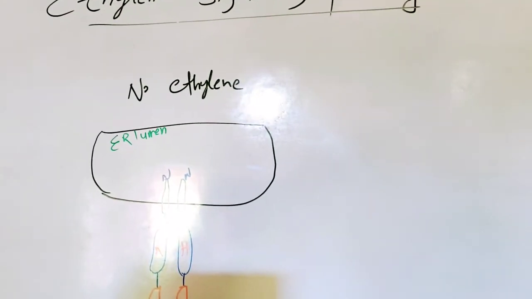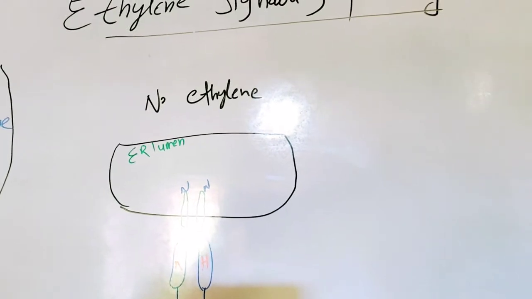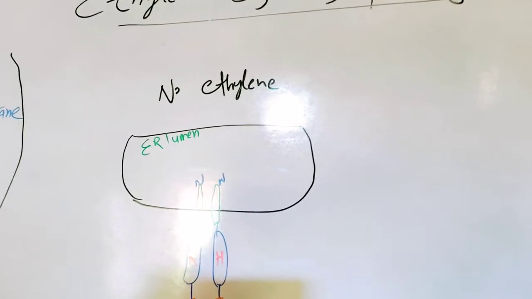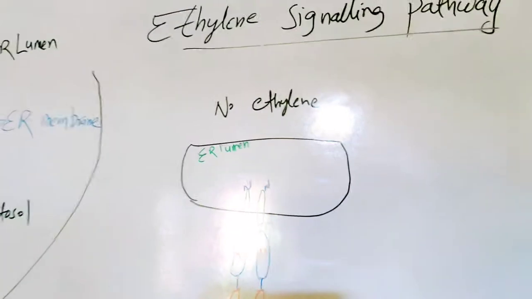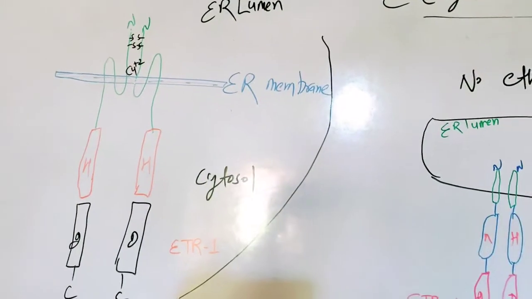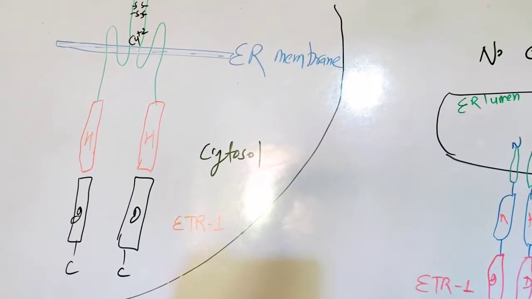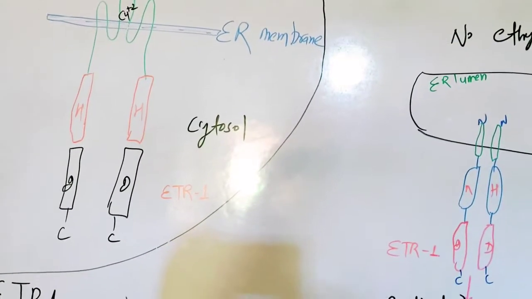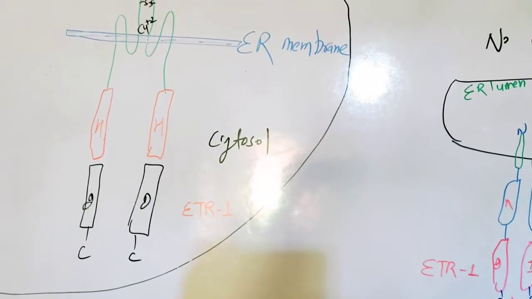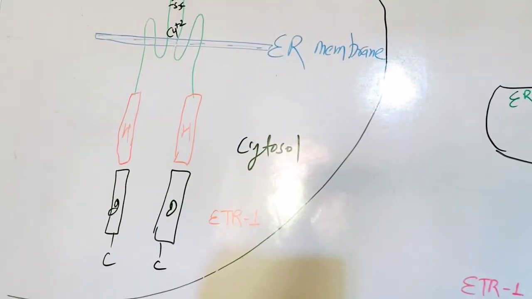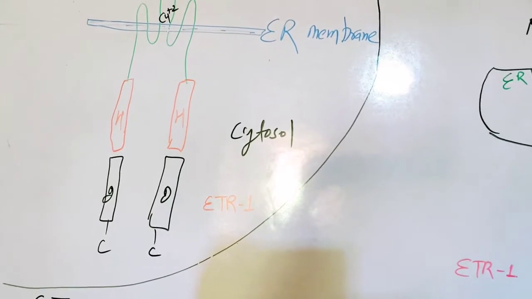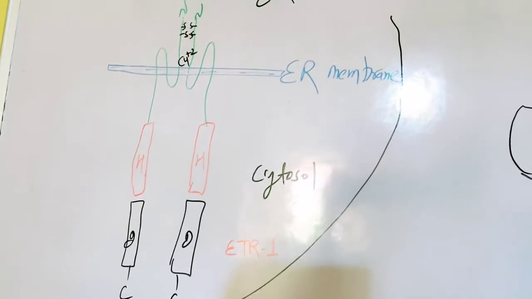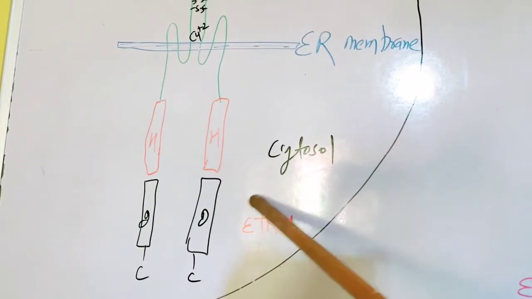First of all, we are going to see this pathway in the absence of ethylene. When ethylene is absent, or you can say ethylene is not present, first of all I will tell you that the ethylene receptor is a negative regulator. What does it mean? Why are we calling them negative regulators? Because in the presence of ethylene they will go off, they will be non-functional. They will be functional when ethylene is not present.